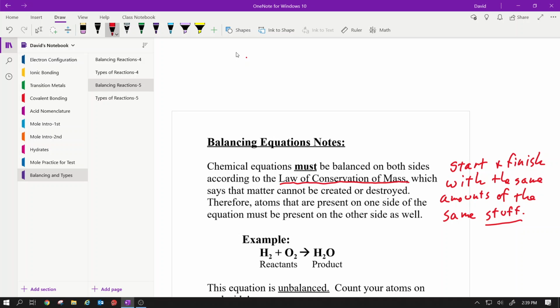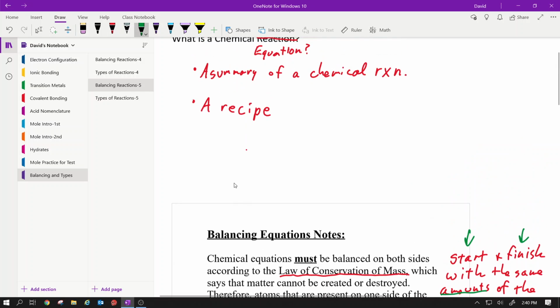But whatever you start with, you have to finish with the same amount and the same material. All right? You do not have new stuff randomly showing up. You do not have old stuff mysteriously disappearing. And you don't get double for nothing. And so what this says is that the atoms that are present on one side must be present on the other side. Ooh, sides. Hey, what do we call